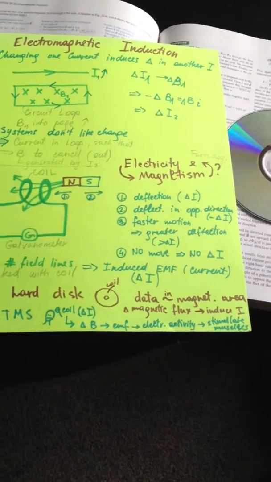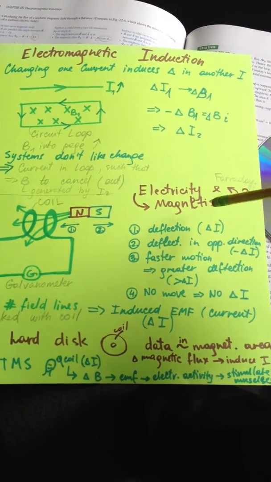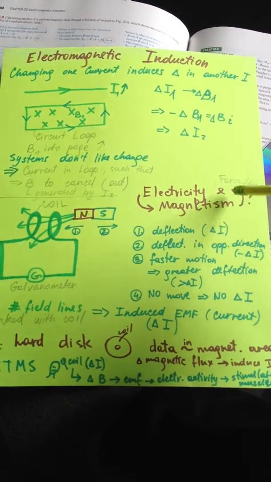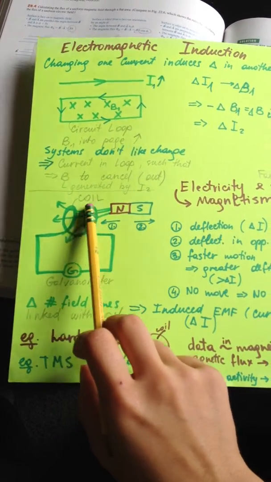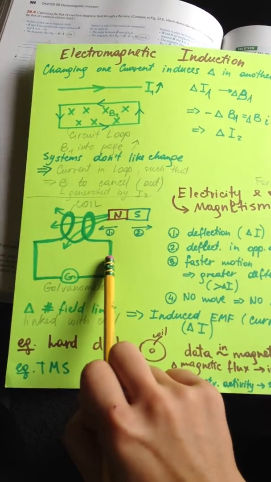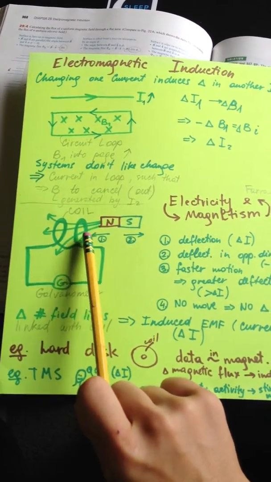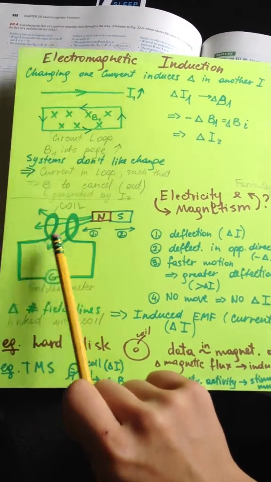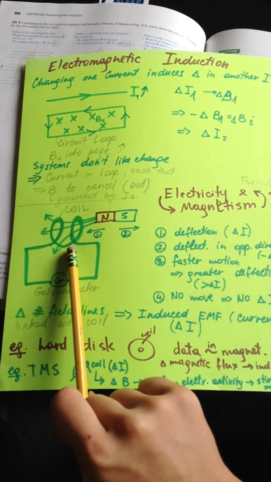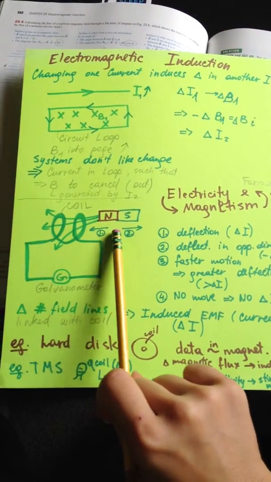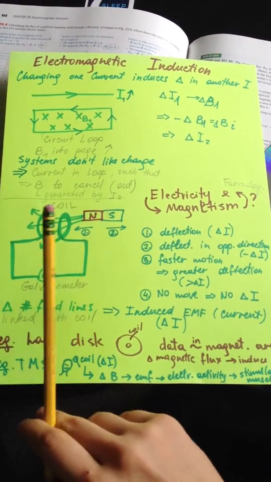So Faraday proved the link from magnetism causing electricity. He took a coil with a current and a magnet, and as he moved the magnet towards the coil, the galvanometer showed a deflection, which means a change in current. And as he moved it in the opposite direction, there was a deflection in the opposite direction, so a negative